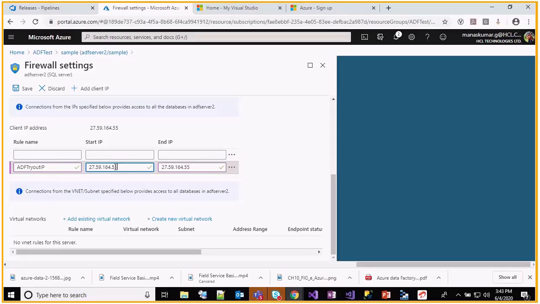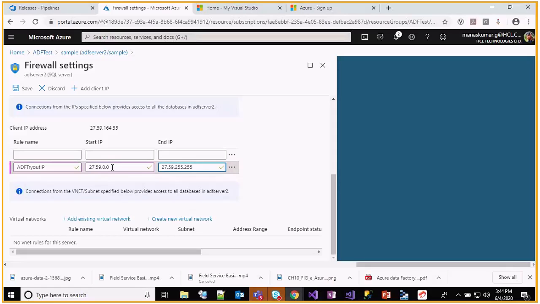So I would prefer to give the range 0.0 to 255.255. This is because the IP ranges between 0 and 255 for sure will be available, because the first two parts will never change for any organization.